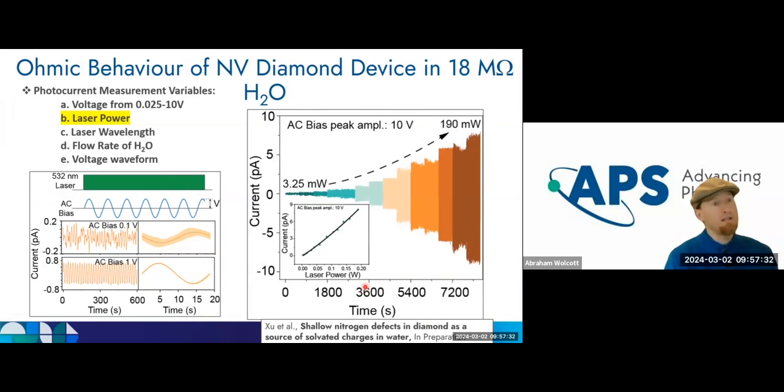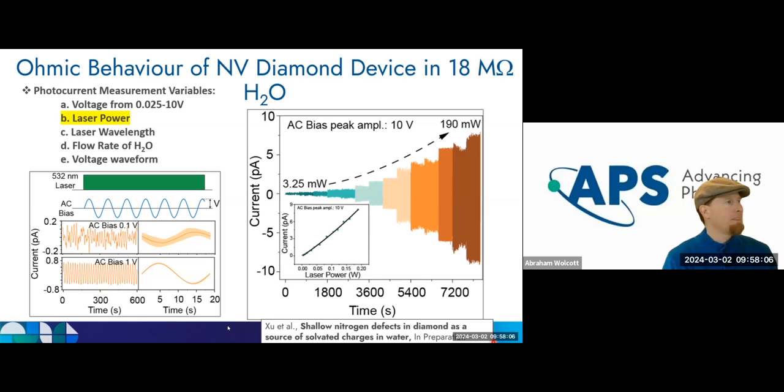We can also change the laser power. In this particular experiment, we are holding the voltage at 10 volts and then changing the incoming laser light fluence, going from 3.25 milliwatts all the way up to 190 milliwatts. If we were to then plot laser power versus photocurrent, we've got a near linear, semi-quadratic behavior for these particular